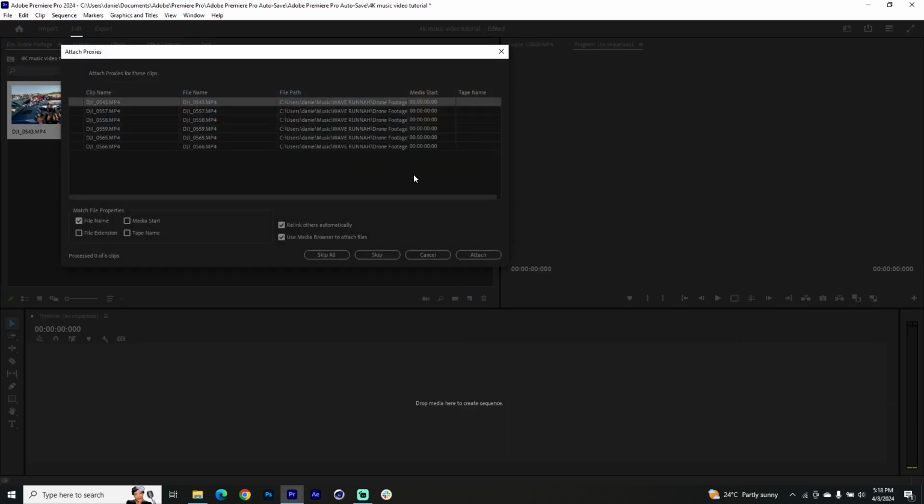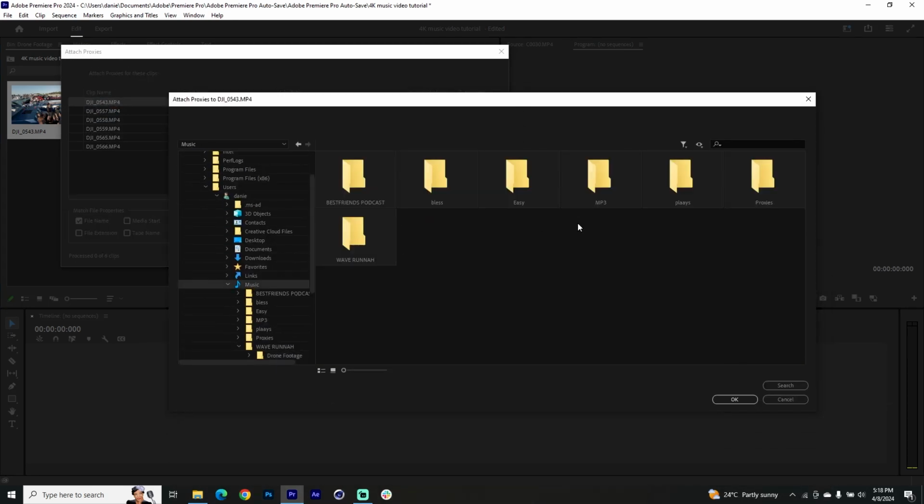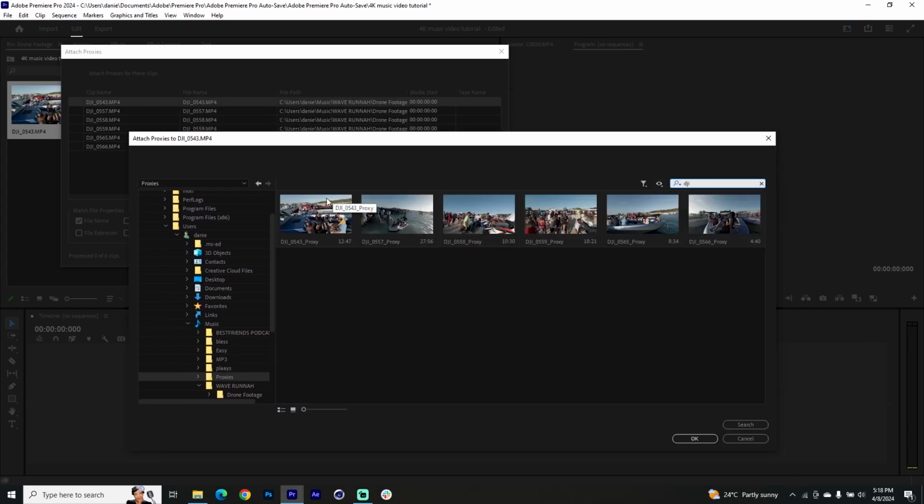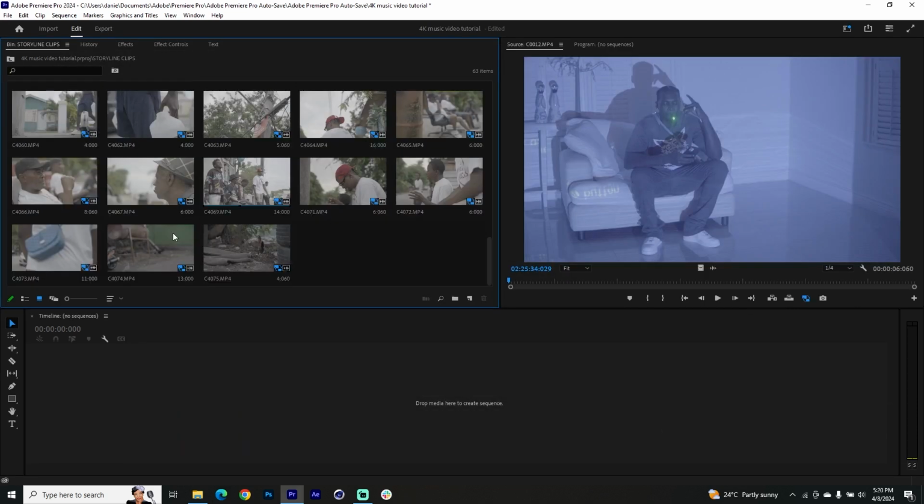Do the same process that you do whenever you're trying to locate other media files. My proxies are inside the music folder under the proxies. So I'll just type in the name of the first file, DJI. And once I click on the first one, it should resolve for the rest of the clips. And you get to have this small bar over here. Once you're done attaching your proxies or linking your proxies, these should be on your clips,